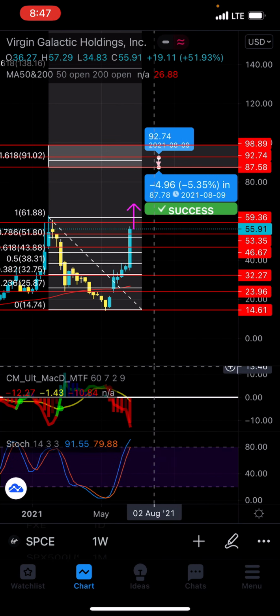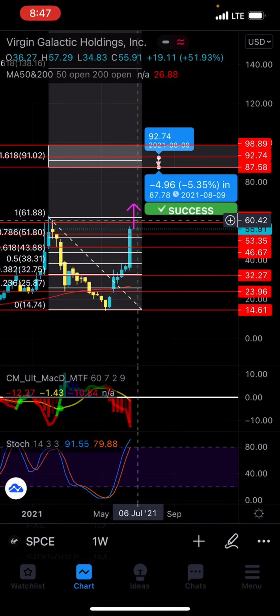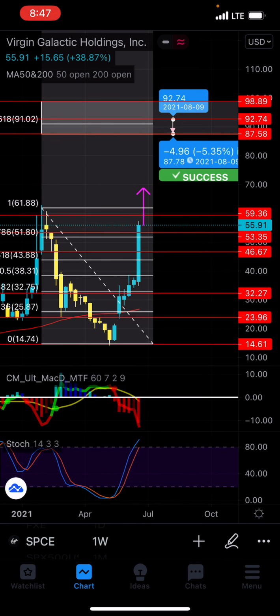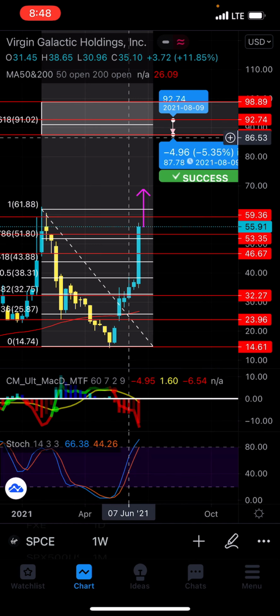High to low, exactly, right there. So once we create a candle and it breaks to the upside, if it does break to the upside, that's how you know it's time to get in, because there's a strong likelihood that you're going to see this next fib level right here, that $91, whatever, $99, whatever it is.